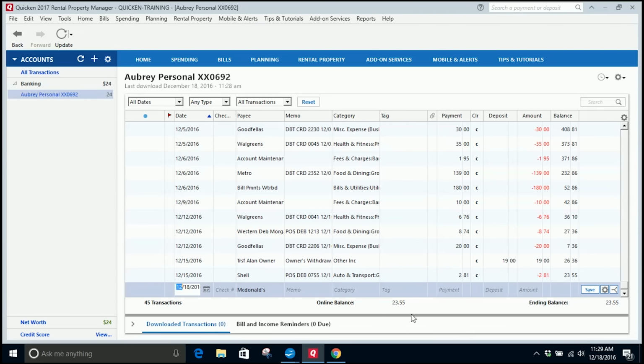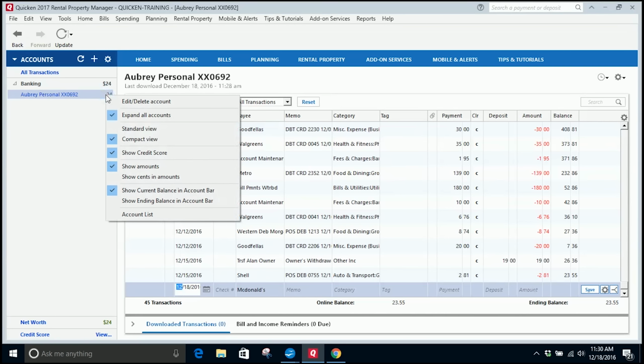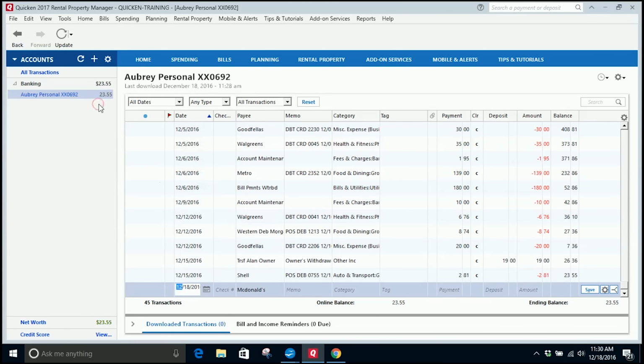I'm real picky about certain stuff. When I look down here at my online balance and my ending balance is $23.55. Over here, it says I have $24. But I don't like for my figures to be rounded up. I want to know the exact amount of money that I have. So if you want to see the cents here, all you have to do is right click here, and then you'll come down and you'll click on show cents in amounts. Click there, and there you see